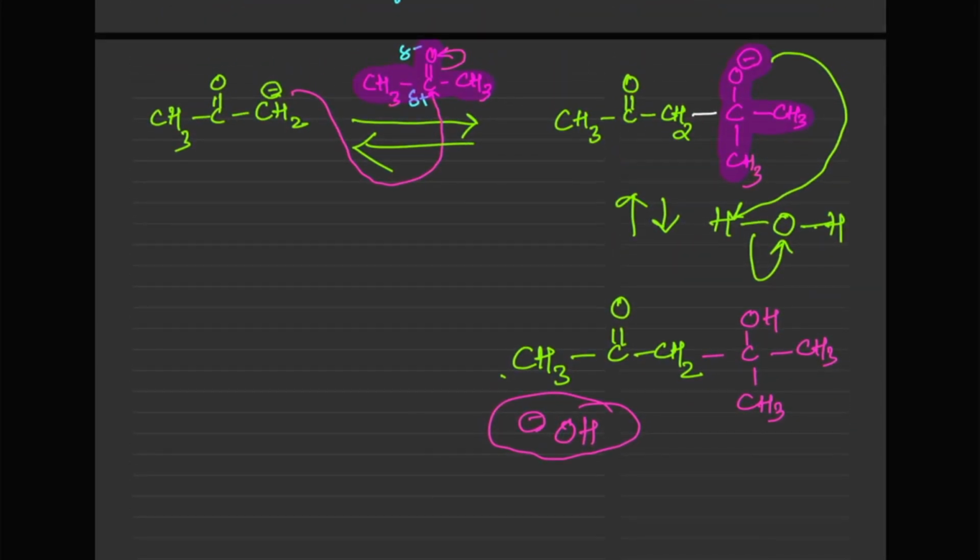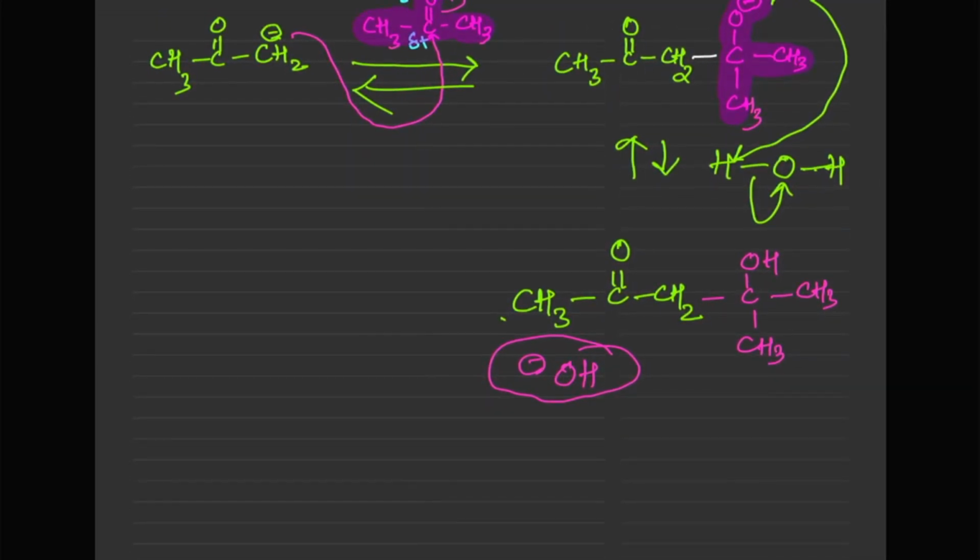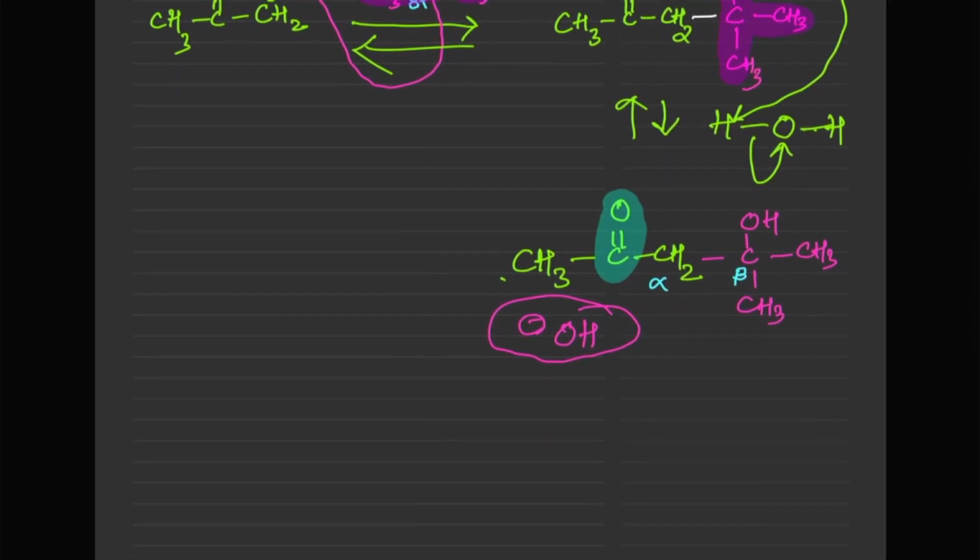Okay, so that's all about aldol addition reactions. Oh, one thing I forgot to mention: this is your carbonyl group. We're going to call this carbon atom alpha, the corresponding carbon atom beta. Again, this one can also be called alpha, by the way, but we are focusing on this OH group here. So this one is beta hydroxy